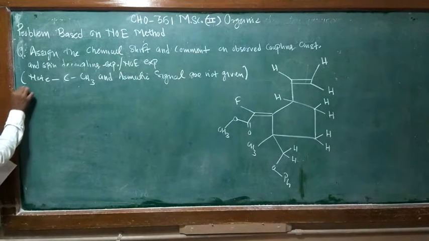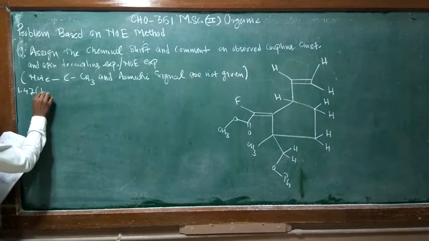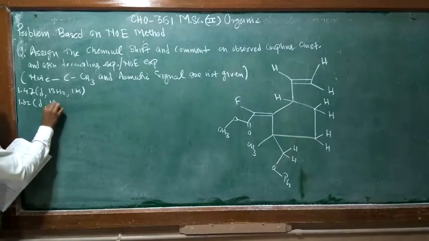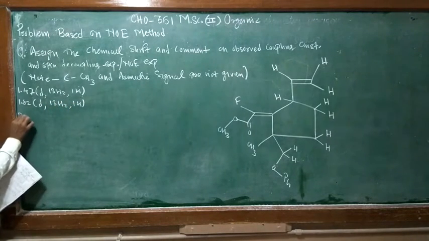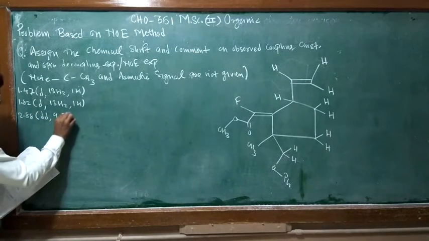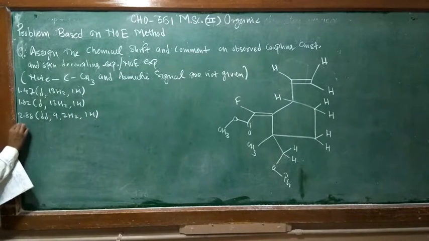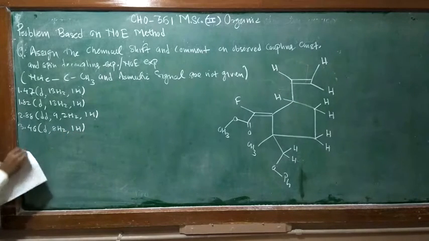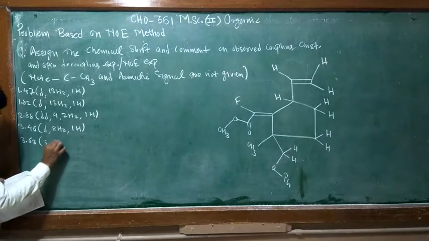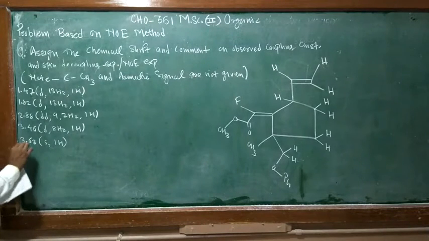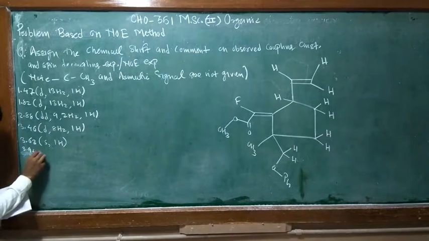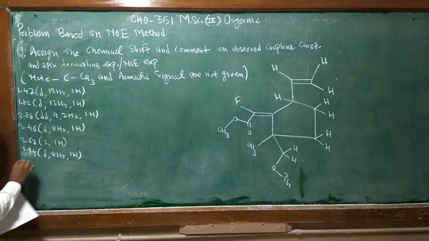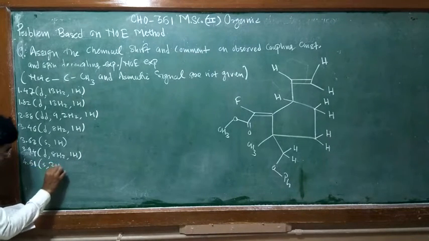The signals are given at 1.47 doublet with 13 hertz for one proton, then 1.82 doublet 13 hertz one proton, 2.88 doublet of doublet 9 and 2 hertz for one proton, 3.46 doublet 8 hertz again for one proton, 3.63 singlet one proton, 3.94 doublet 8 hertz for one proton, then 4.51 singlet for two protons,